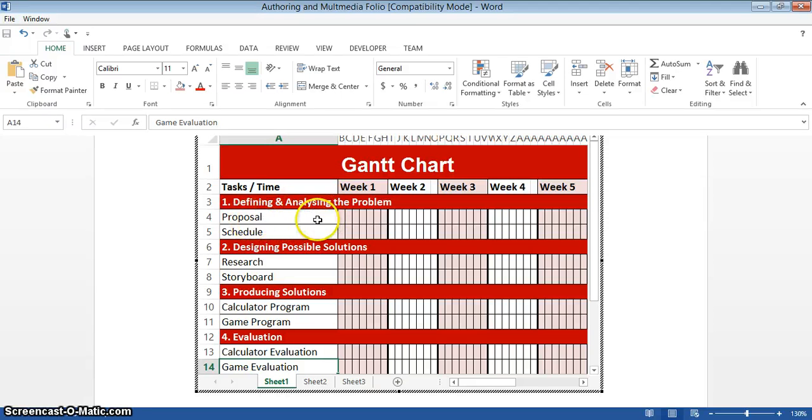I'm going to do a proposal. I'm going to plan to do 2 days for my proposal, and I'd fill that in. And then I do planning out my schedule. That should only take about 1 day. And you look at all the stages that should be going on and how much time should be assigned to them. So research might take a week,